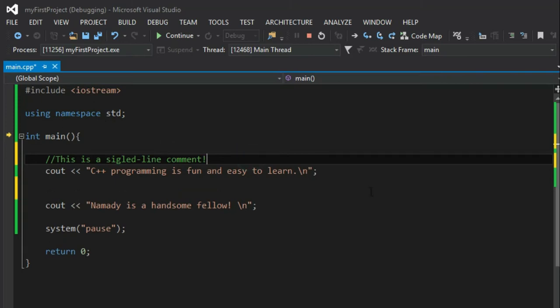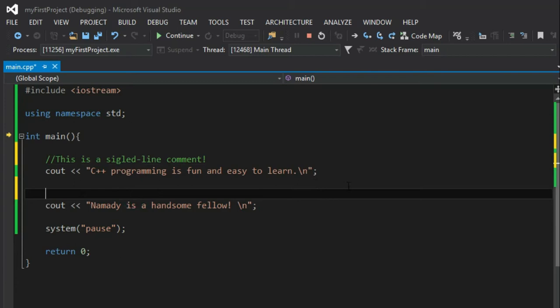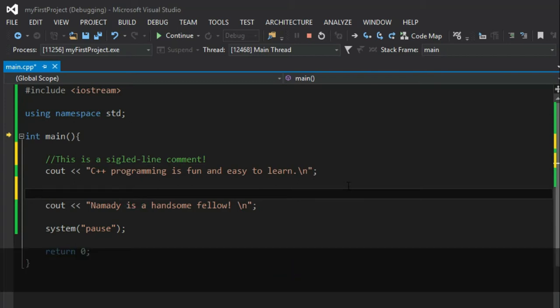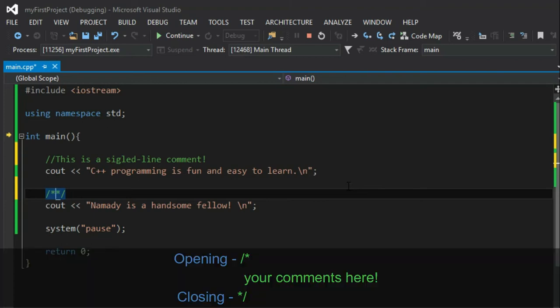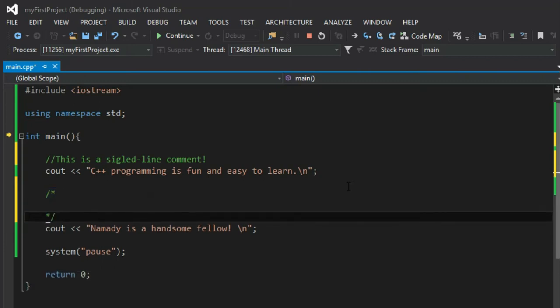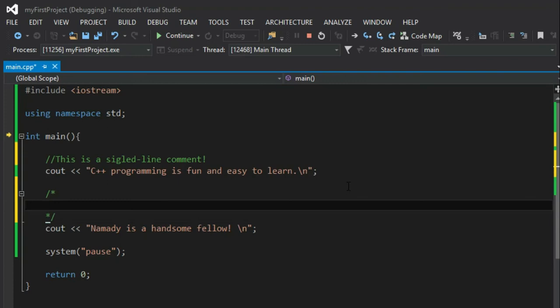To write a multi-line comment, which basically means comments that go beyond one line, you're going to write this character /*. As you can see, it auto-generates the closing characters for me. I don't need to write everything. It just automatically fills up the remaining characters for me. So I'm going to write the comments. The comment must be within these characters, the /* and */. So I'm going to split it and write a comment